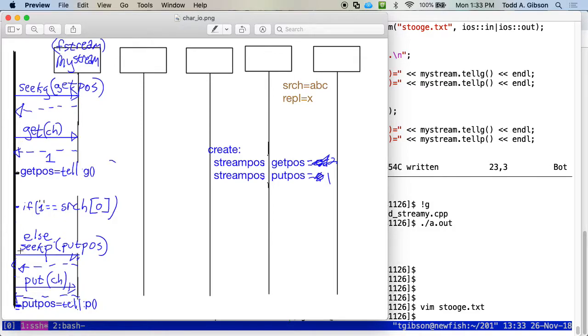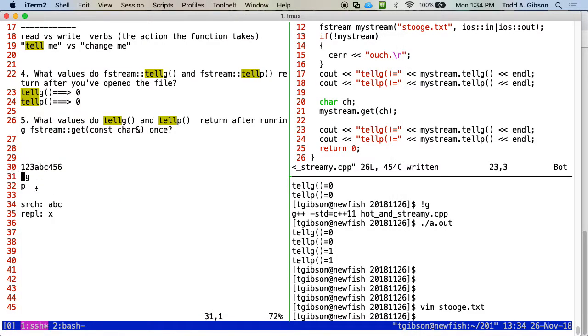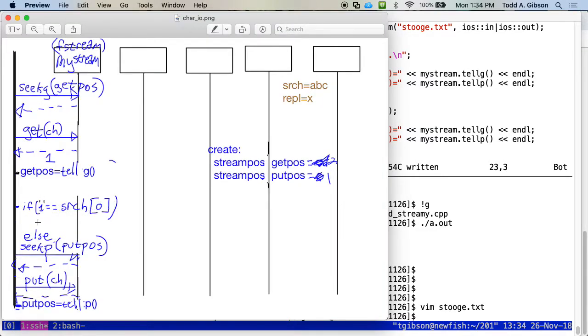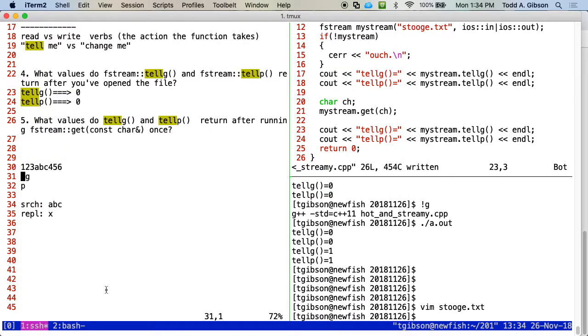And then if I jump down, we have an if statement in here. If there's a match, this would obviously be a variable, but hard coding, I've hard coded what was read in. If that's the first character of the search string, then we're going to do something. If it isn't, which is what we saw there for the 1, 2, 3, it's just going to put that character back out. The problem, of course, is when you get the 1, in the absence of any other information, if we just go with what we're provided, since these pointers are one and the same, when I get the 1, if I then put, the 1 is going to be put right there.